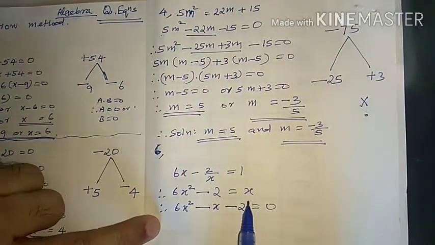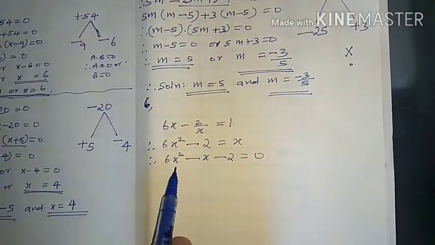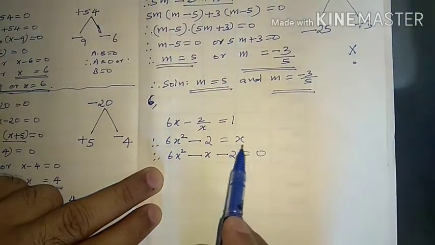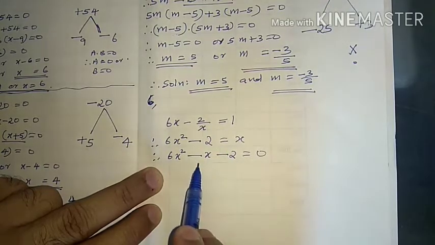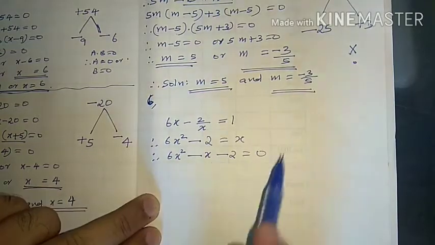What we did here, we have taken this plus quantity from the right hand side to the left hand side. First term as it is, this term also as it is. Only what you are bringing from the right hand side to the left hand side, the sign changes. Minus x becomes plus x, becomes minus x.